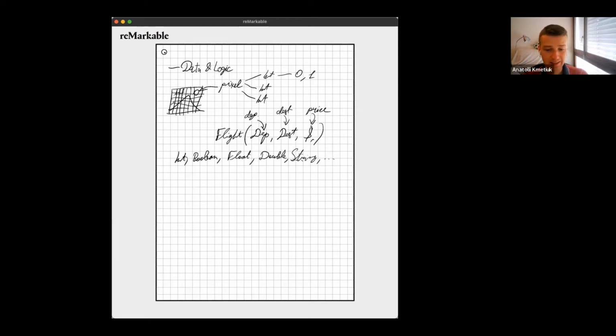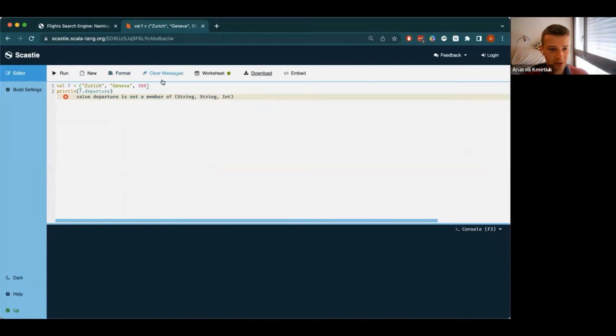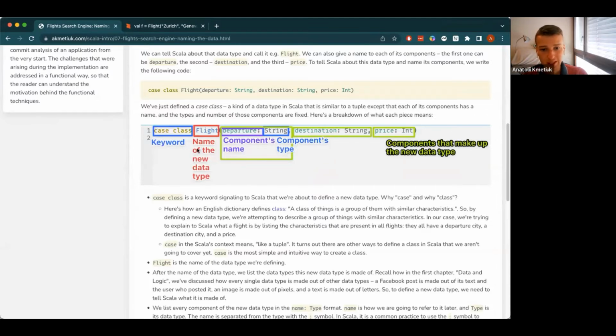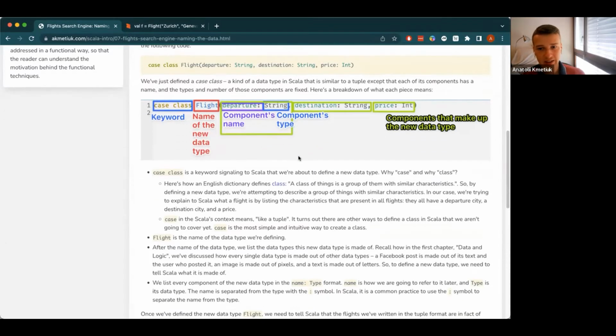But the problem obviously is that if we try to just write it like this, if you just try to write flight over here, Scala will complain because it doesn't know what the flight is. So we need to explain to it what the flight is. And to do that, we have this technique that you can see on the screen to describe a new type that represents a flight. And let's have a look at what exactly all those pieces of information mean that you can see on the screen. So first is the keyword,